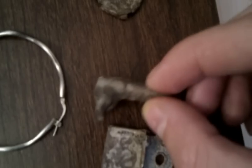I have a feeling this might possibly be from an old flintlock gun, I'm not sure. It seems to have a side and possibly what looks like a sort of flattened striker or something. I could be wrong. Little old buckle, nice silver earring. This is nice as well, very thin, really tiny, it's a bottle cap, or so it looks like,